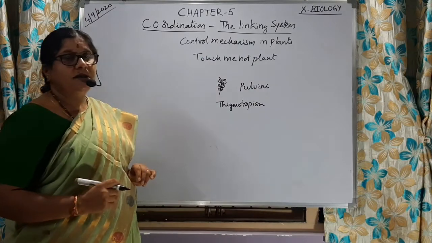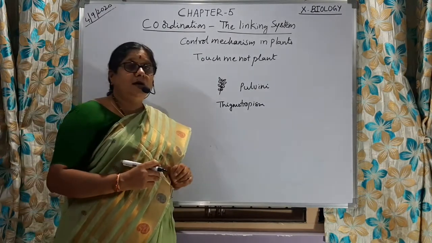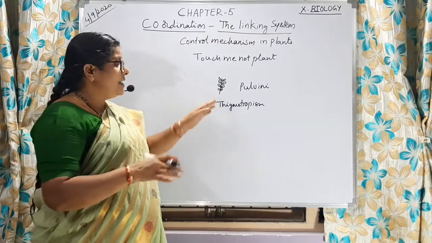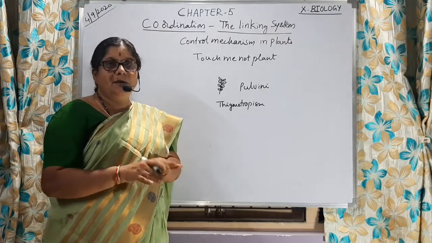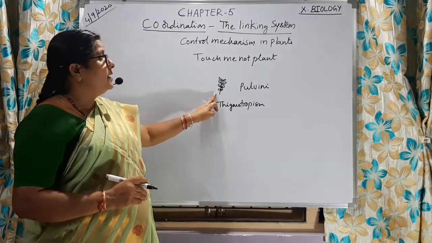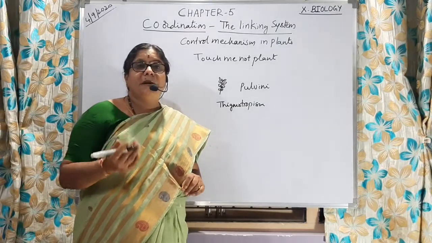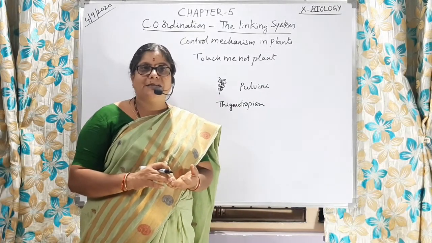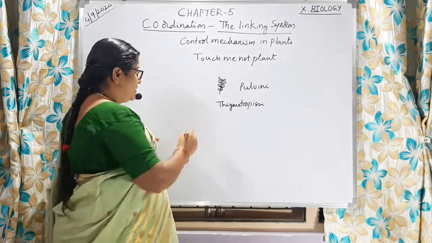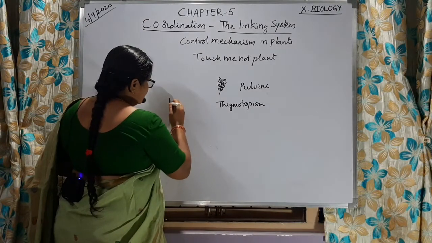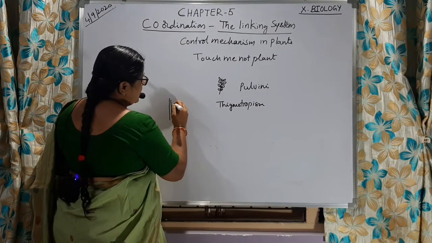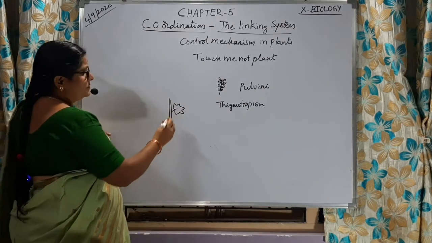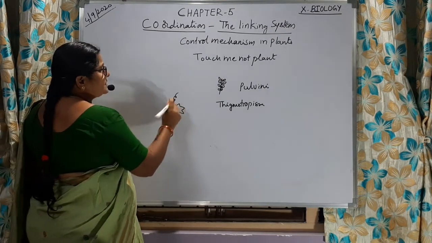After 20 to 30 minutes, the water pressure will be relaxed, and the leaves which were folded will come back to the normal position. That is one example. Some plants like bitter gourd, ridge gourd or pumpkin plants have tendrils. Here you can observe the leaf like this, and a twine-like structure.